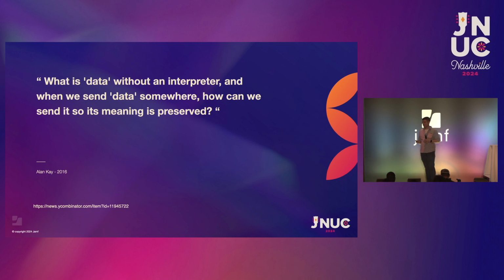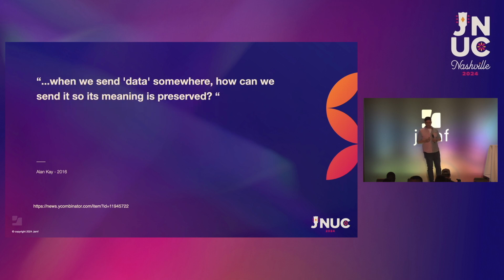Right? There's data in our Jamf Pro servers. There's data in our Jamf School instance. There's data in our Jamf Protect instance. There's data on our file system, on our Macs. There's settings that we might want to configure on our iOS devices. There's some information, some data. And we need to send it, or we need to receive it, so that its meaning is preserved.